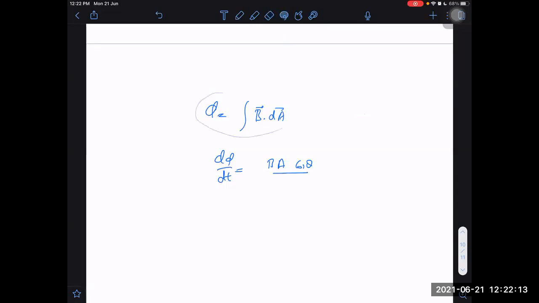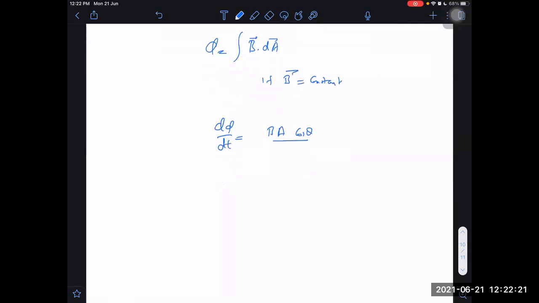So let us simplify a little bit in order to understand: if B is constant, then what happens? We can write the flux this way, and then d phi by dt will have these terms. How many terms will there be? 3 terms. Use the product rule, derivative of u into v into w. Take the derivative of one term at a time. It will become B into area into d cos theta by dt, that will become minus sine theta into d theta by dt. Plus B into cos theta into dA by dt. Then the third one will be plus A cos theta into dB by dt.